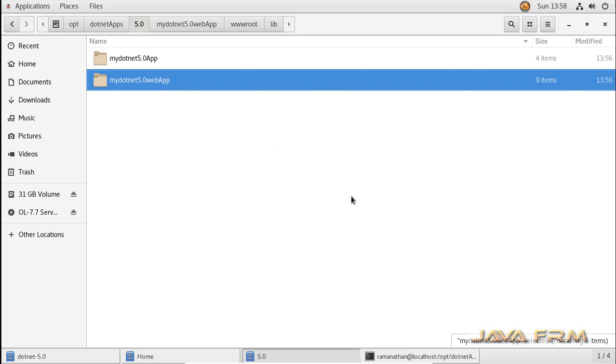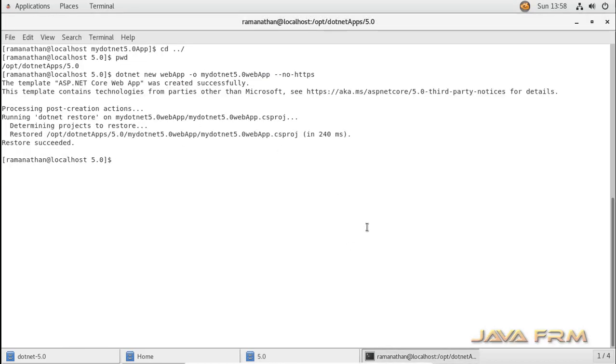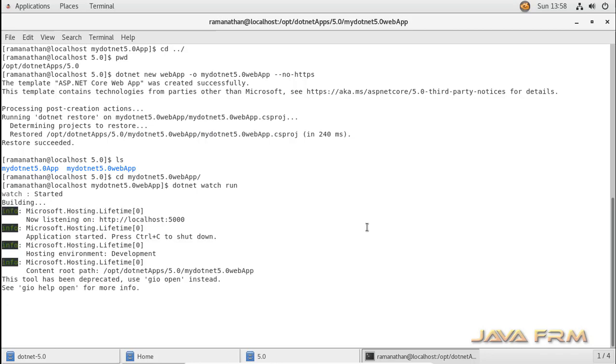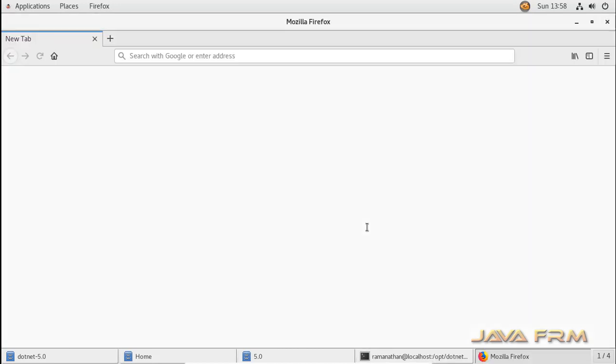So now let us run this ASP.NET 5.0 web application. Go into the web app directory. Just type dotnet watch run. So this will start the inbuilt web server on .NET 5, and the web browser will also start automatically, and you can see that the application is deployed on port 5000.